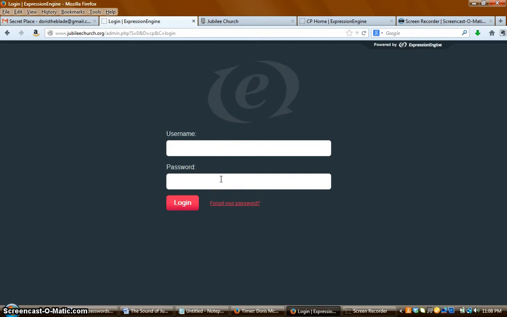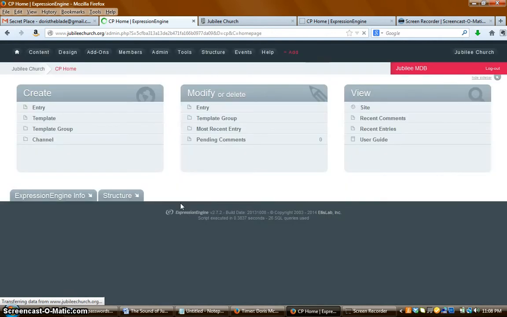So I'm going to paste in the password first because I have it already copied, and then this is the name that I use. You'll have your own credentials, and then log in. Okay, so